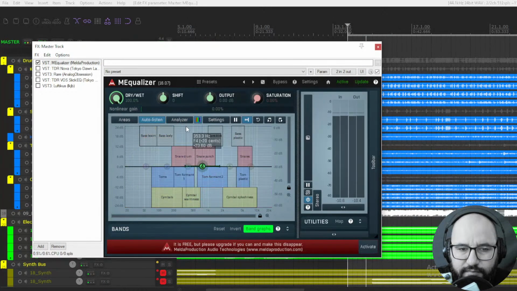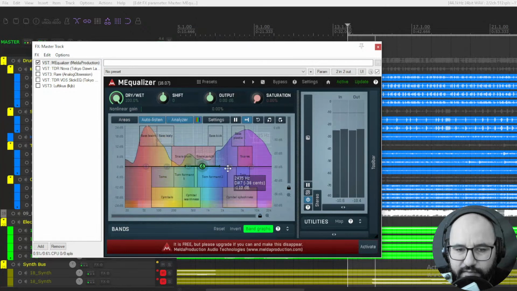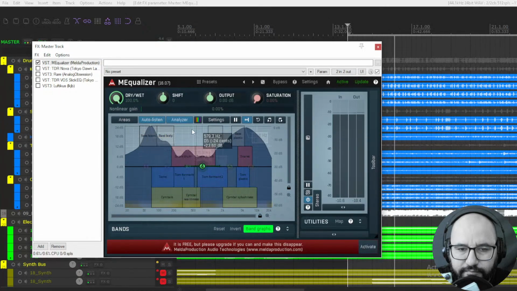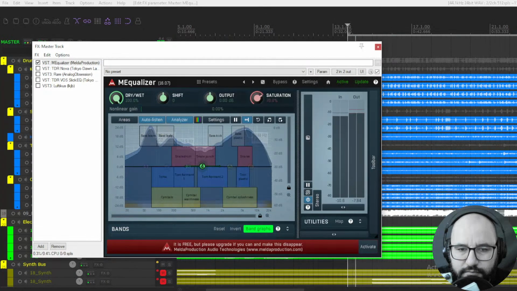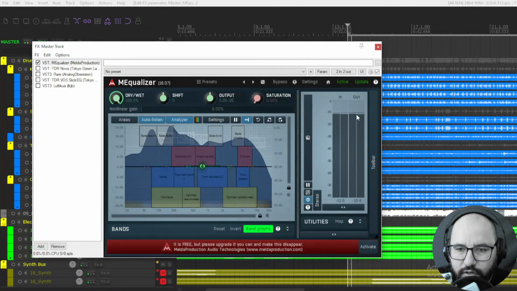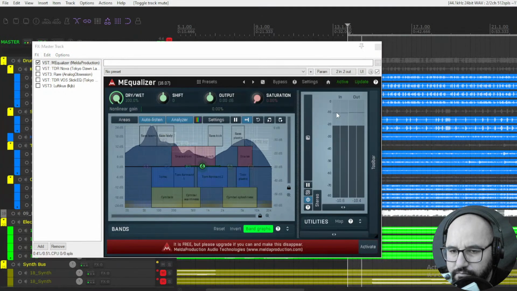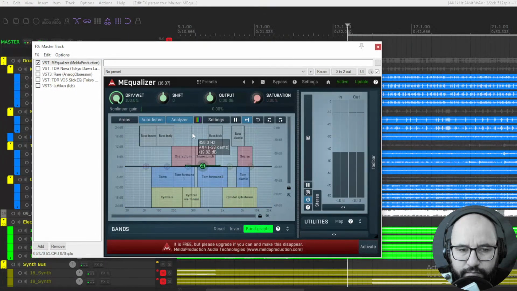You can turn off the analyzer, and you can leave it darker instead of the rainbow colors. It also has saturation here, which actually sounds pretty cool. You also have an output in case you want to compensate, and meters in case you want to level match. Pretty cool EQ.